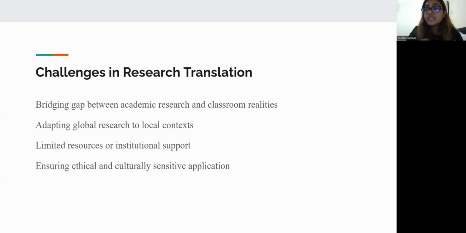Adapting international research to local, culturally diverse contexts also requires sensitivity. For example, strategies effective in one country may need modification in another due to cultural or policy differences.